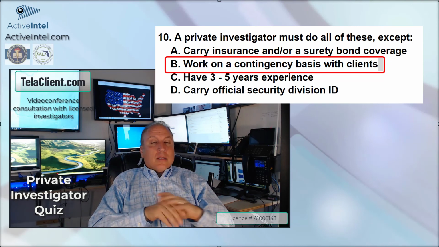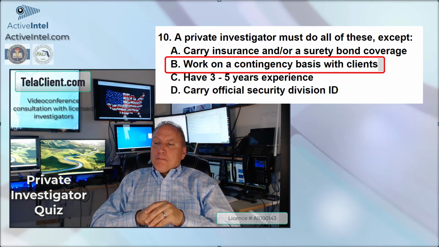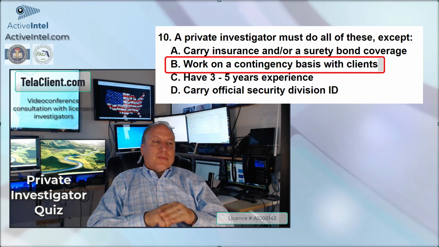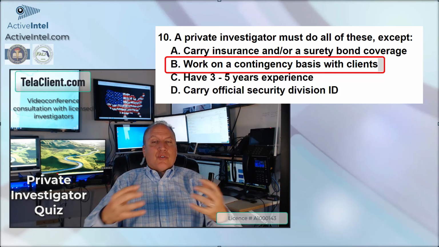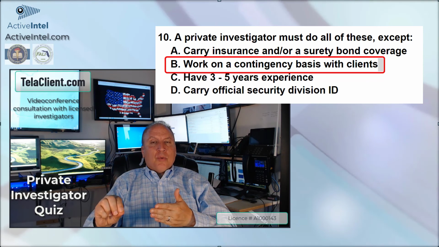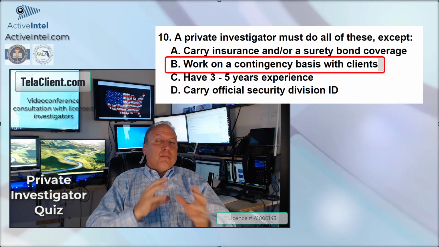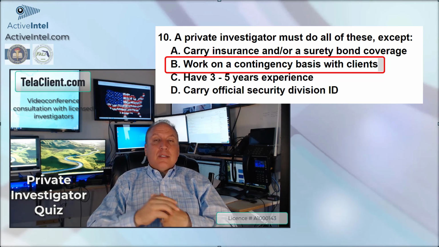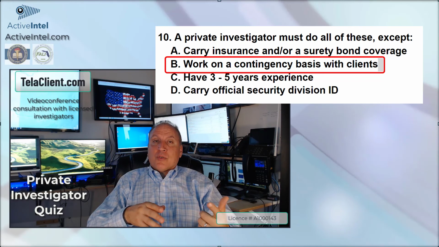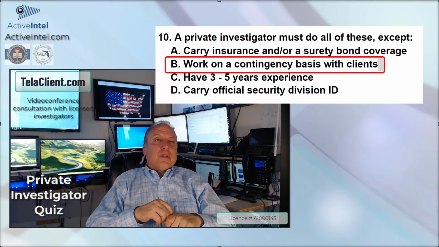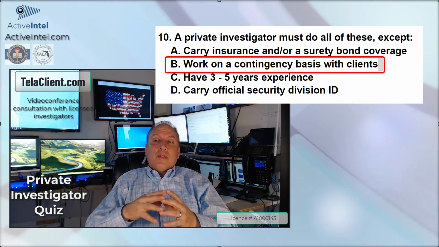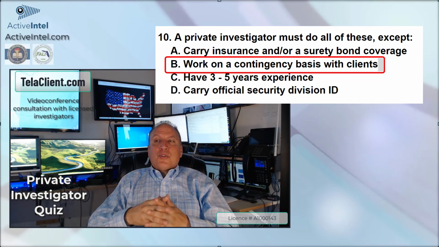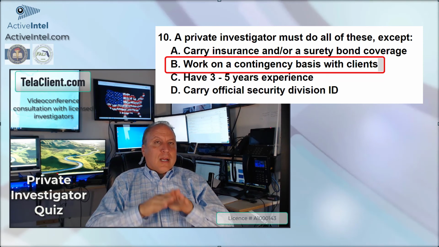Unlike attorneys, the reason the states put that law on the books is because they don't want investigators to make stuff up. They want them just to find the actual facts, things that are true, so they can sign their investigative report that says, this is the true facts, this is what I found, without any pressure to make it come out a certain way. Because if they're on contingency and only get paid if it comes out a certain way, they might be tempted to do things that don't show the other side or that are just flat out lies, right? So most states have laws on the books that say you cannot work on a contingency